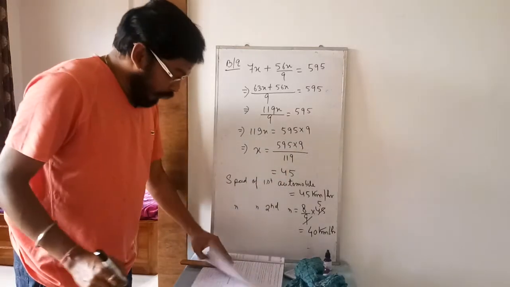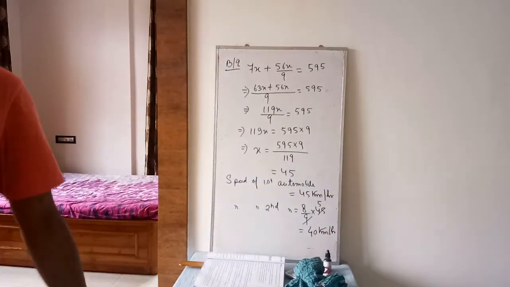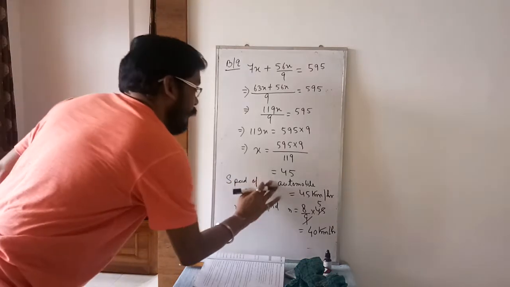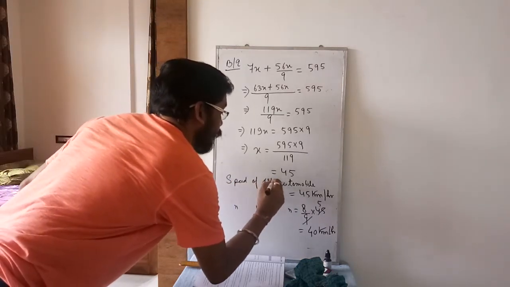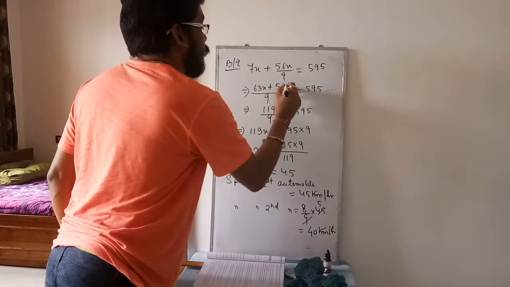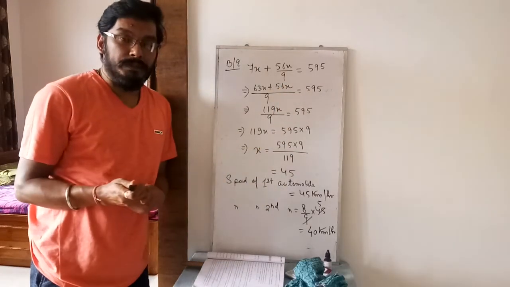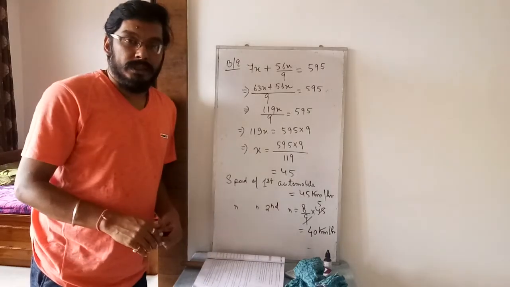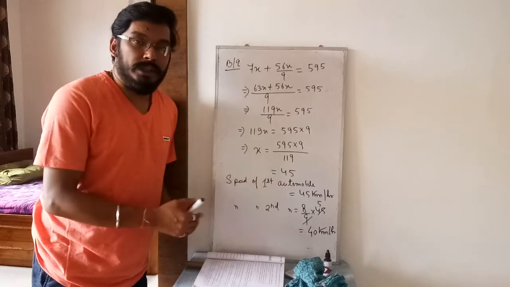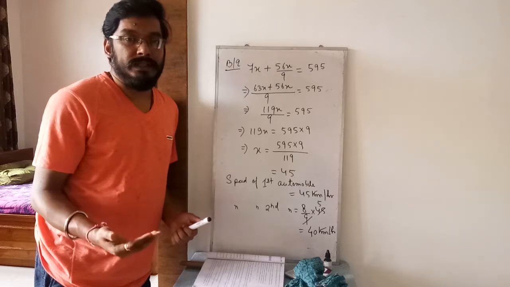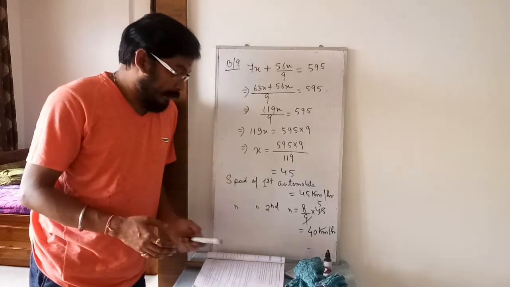Take the screenshot and note the sum. This one is 56x. So what we have done to do this sum, both these 17 and 18, we have considered the speed of the first car. Second car speed, what will it be, it is already mentioned in the book. In question number 17 it was given 5 km per hour more. So I have written x. First was x, second one is x plus 5.